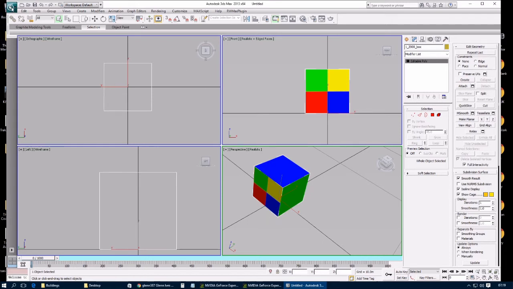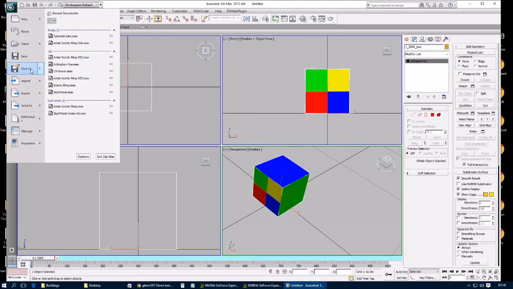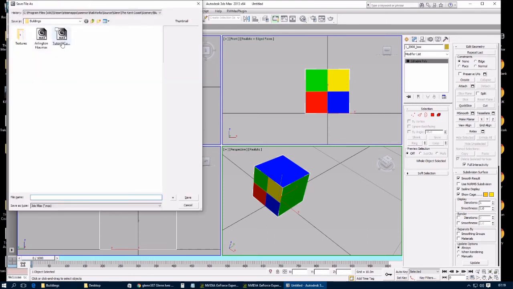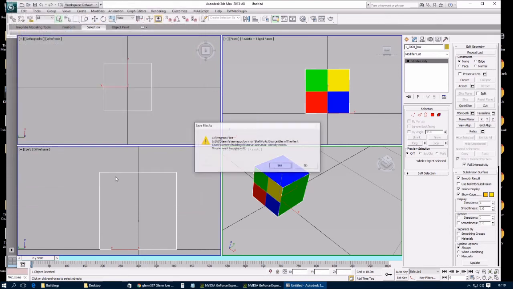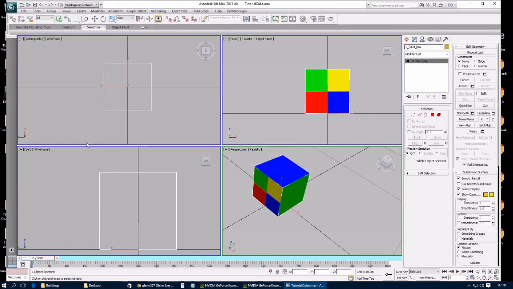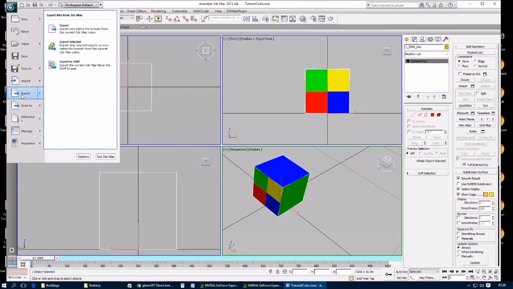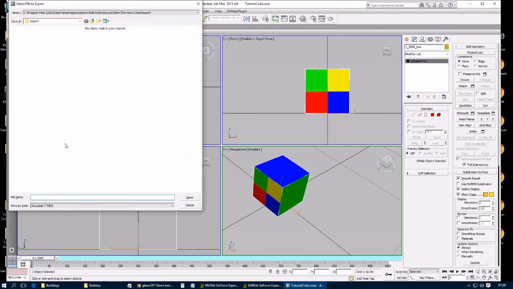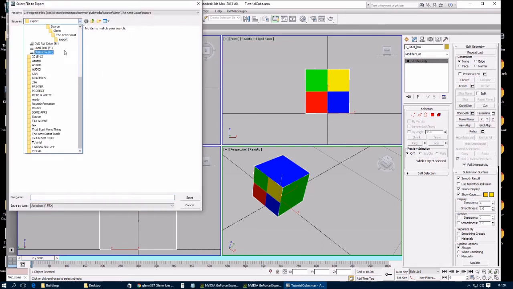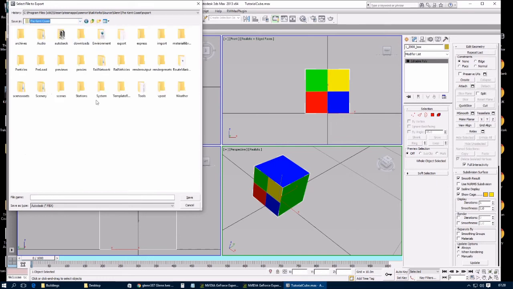Now we'll just save as, and here's one I did earlier when I was practicing. Click on that, save it. We now need to come back under this box here and choose export. Okay, don't worry about these ones at the moment. Export selected means you can pick just one particular object from a scene, but we just click on export down here. We now need to find our location again, so click up here, the Kent Coast,